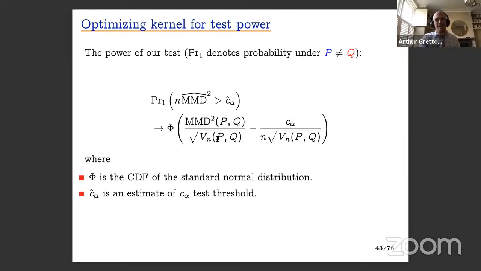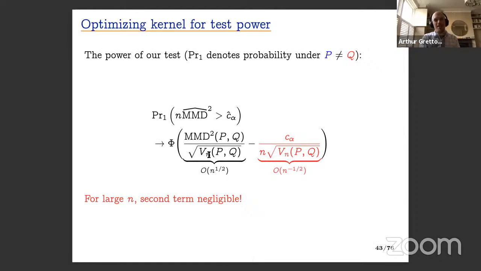All right, so I need to basically maximize the probability here. So when P and Q are different, I want the largest possible probability of exceeding a threshold. I want to maximize this quantity. Now, this is a little bit troublesome because of this term here. The C alpha is a function of my kernel, and it's going to give me some grief. However,